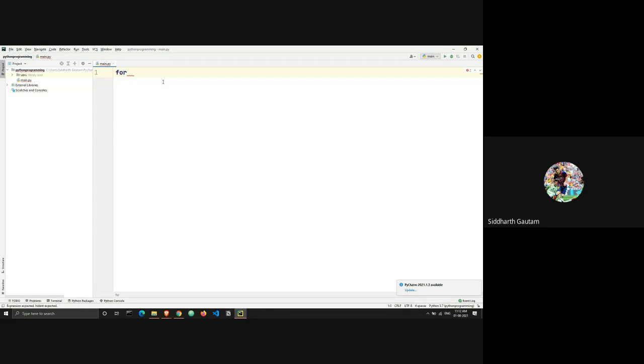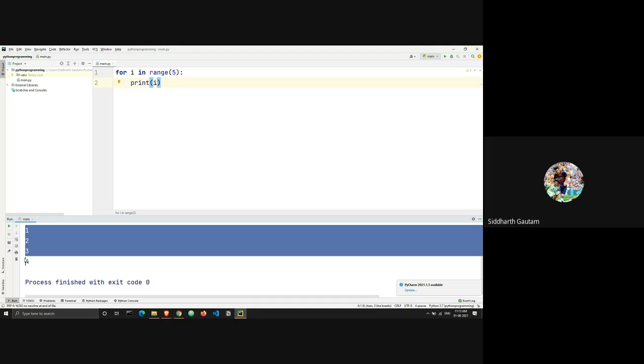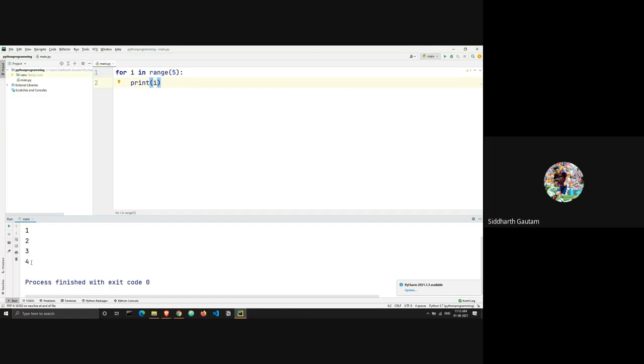For that, we will use a for loop. Let's say for i in range 5, and I'm going to print i. Let me run this. As you saw, 0, 1, 2, 3, and 4 got printed, and the for loop handled everything. The for loop handled printing the value of i, then incrementing it and printing it again, and so on. Like, I didn't have to do anything for the loop to work. So what if I want to control this?